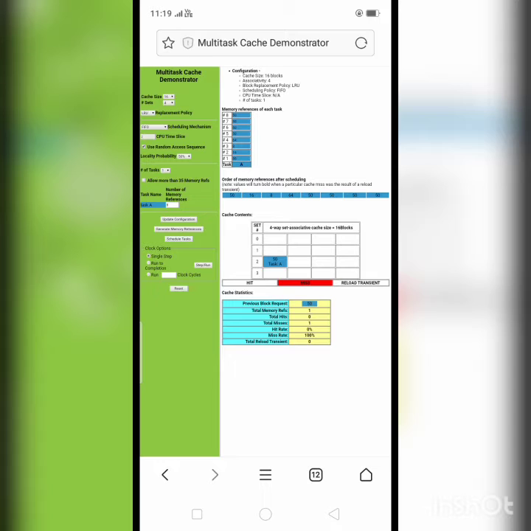The user can press the schedule task button and the series of memory accesses will be ordered and scheduled according to the algorithm chosen in the schedule mechanism option field. Finally, the step or run button can be used to show the state of the cache at various cycles. The cache will also show which task the corresponding block is currently occupying a slot, and you will also note that the memory reference will be highlighted in bold when a given miss was the result of a reload transient.